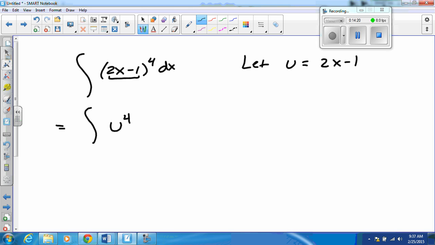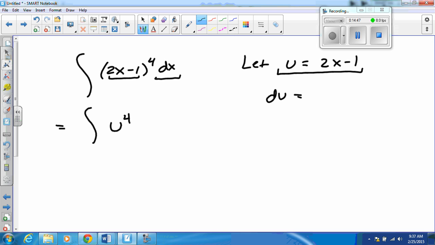But there's one thing that's important that we haven't considered yet, and that is how the dx transforms. Because the dx represents a small change in x, I cannot just transmute it into a du. I wonder, what is a small change in u equal to? To find that out, I'm going to go back to my u equals, and I'm going to find its differential,